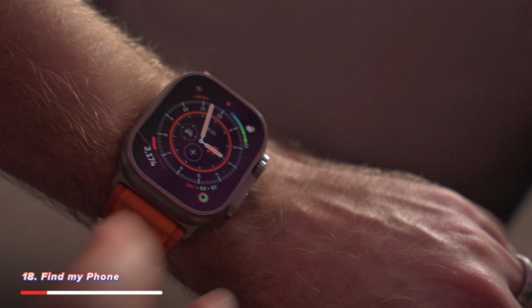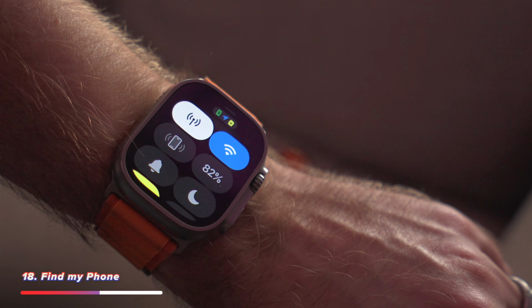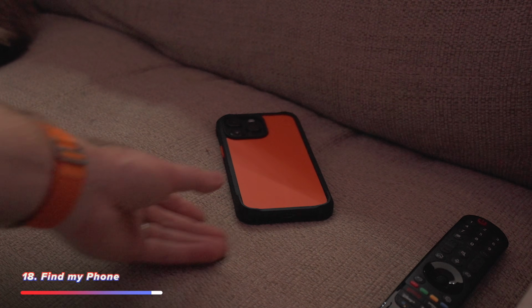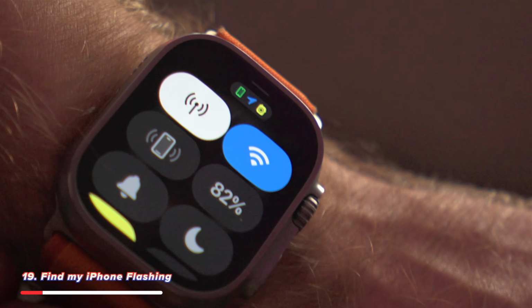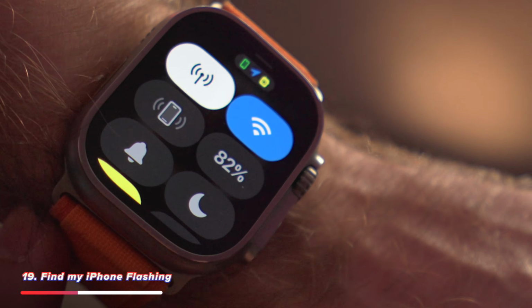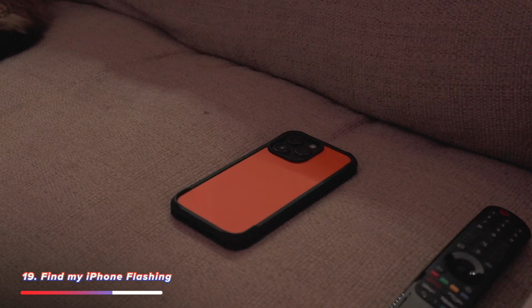And if you lose your iPhone, swipe up on the Apple Watch and tap the icon to have your iPhone play a loud noise, which will help you find it. But if you are in a dark room, then if you tap and hold the same icon, your iPhone will play a noise and also flash the LED to make it even easier to find the phone in a dark room.